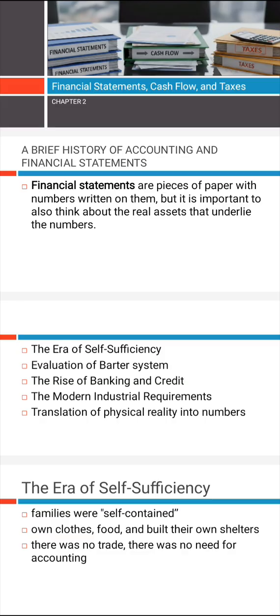We are studying chapter number 2, which is about financial statements, cash flow, and taxes. This chapter gives information about financial information of companies. This information is given to the shareholders so that they make optimal and right decisions